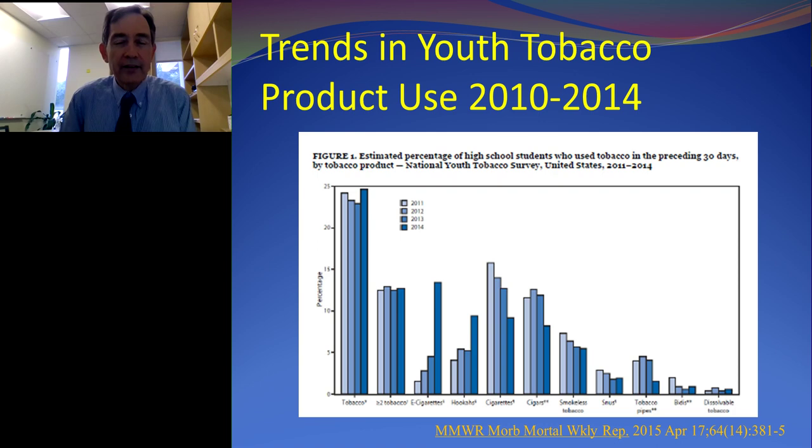Another comment in terms of behavior: we know smoking is bad, it increases risk. Unfortunately, with e-cigarettes available, we have a new population of teenagers who are becoming dependent on nicotine, and there's quite a bit of crossover between e-cigarettes and cigarettes. So there's still a population at risk, and in the U.S. and other countries, smoking continues to be a problem.